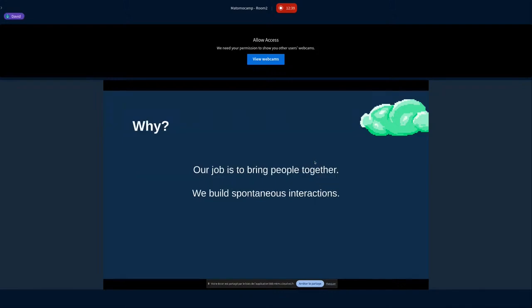Why do we want to do this? Well, what we are trying to do is to bring people together, and most of all, we are trying to build more spontaneous interactions. WorkAdventure is probably not the best tool if you want to do asynchronous work, or if you want to ask a question and have an answer later. For that, you have plenty of other solutions, Element, Matrix, Discord, Teams, whatever.